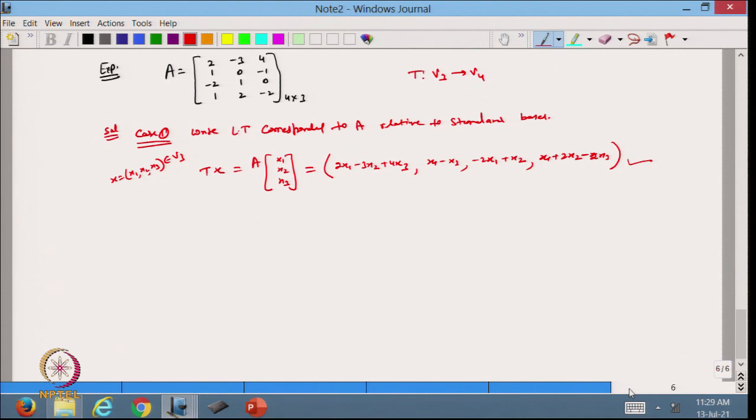So, let me stop here today. In today's lecture we have discussed various examples of how we can find a matrix corresponding to the linear transformation with respect to the basis, and then we defined the converse of that, that we have a matrix and we want to find the linear transformation corresponding to it. In the next lecture we will show how we can write the linear transformation corresponding to the new bases B1 and B2, as we are going through this example.